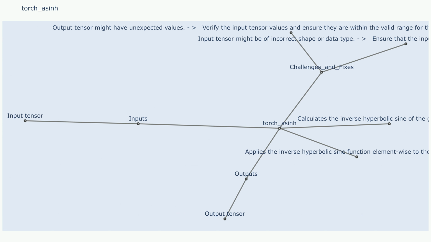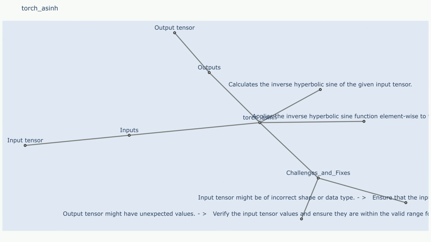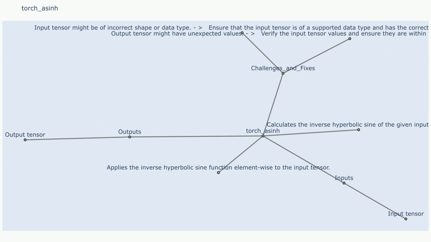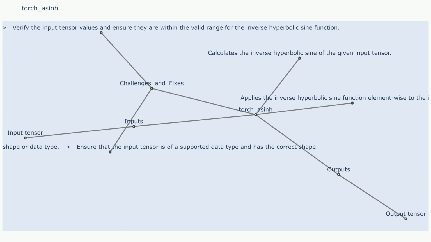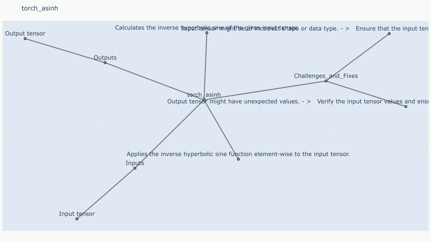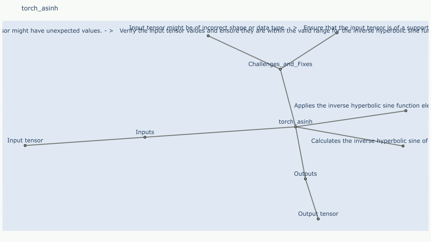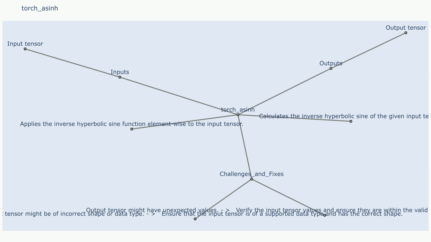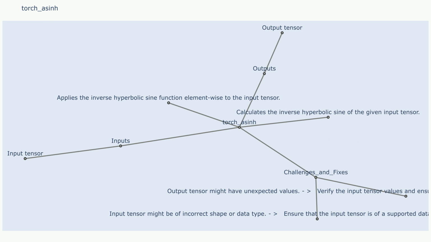Steps: step 1, the function calculates the inverse hyperbolic sine of each element in the input tensor. Challenges and fixes. Challenge 1: input tensor has invalid data type. Sample use case that resulted in challenge 1: a user attempts to compute the inverse hyperbolic sine of a tensor with a data type that is not supported by the torch.asin function, such as a string tensor. Fixes to challenge 1: ensure that the input tensor is of a supported data type, such as a float or